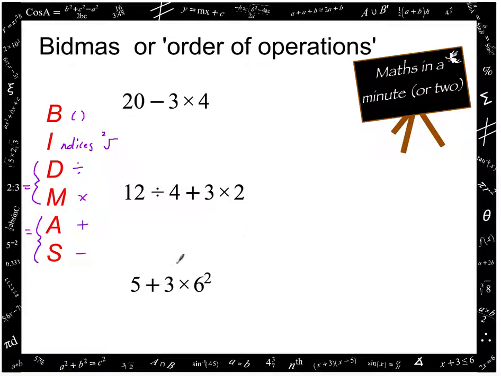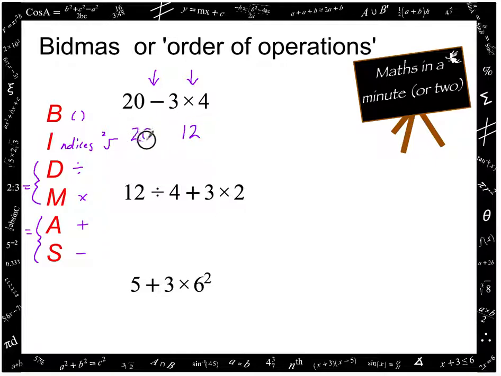So let's take a couple of examples. So the first one here, we've got 20 subtract 3 times 4. We can see that we have two operations. We've got a subtraction and a multiplication. So looking at our BIDMAS, we know that the multiplication comes before the subtraction, so we must do the multiplication first. So rather than doing 20 take 3, we do 3 times 4, which is 12,